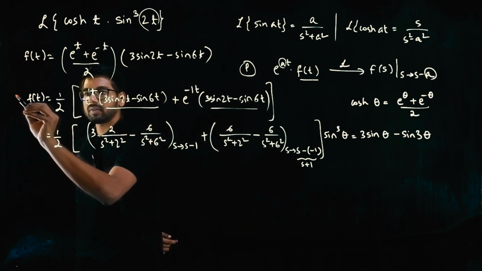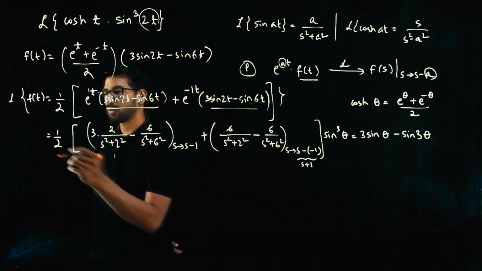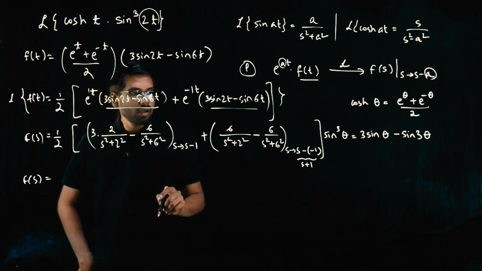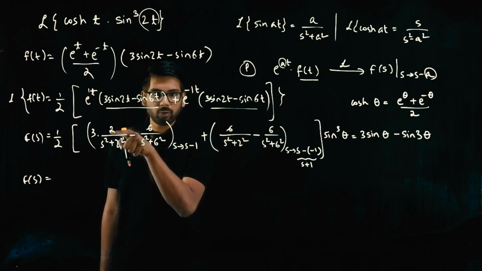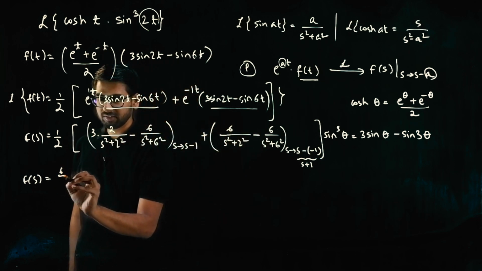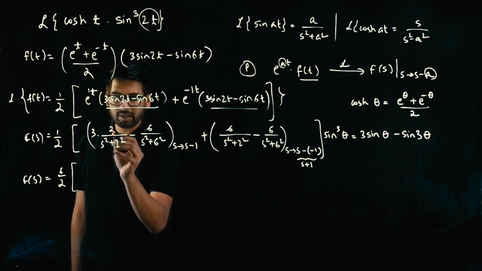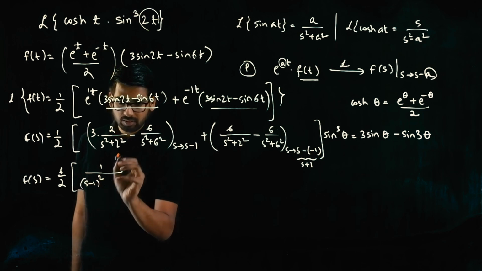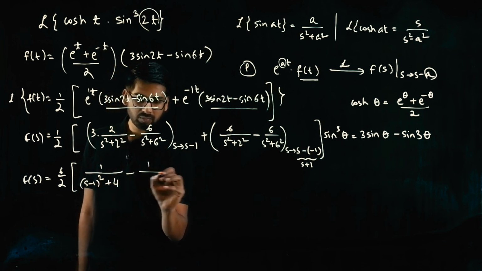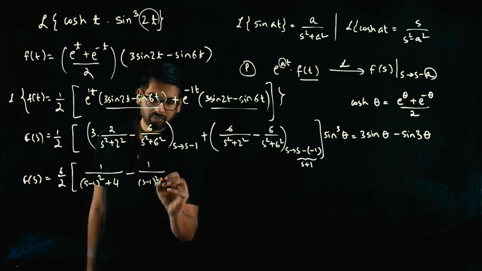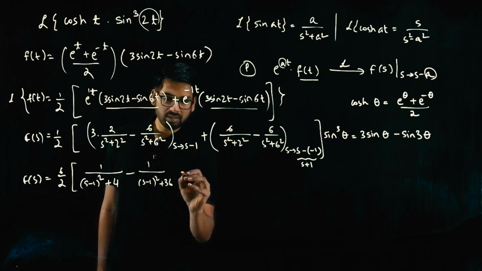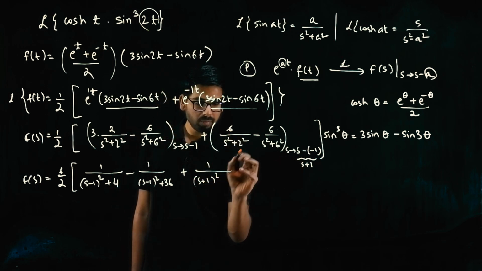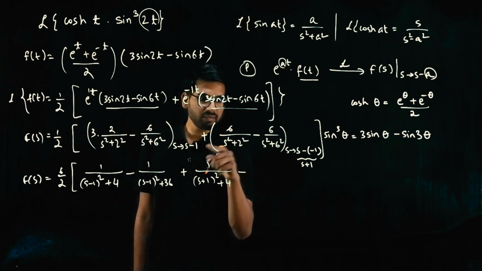So that is taking the Laplace transform that we got here, right? So the Laplace transform of f of t is f of s. My f of s will be, in all of the terms I have 6 in the numerator, so I'll take the factor 6 outside, so that will be 6 by 2, and inside I will have 1 by, in place of s, s minus 1, so that is (s minus 1) square plus 4, minus 1 by (s minus 1) square plus 36, plus 1 by (s plus 1) square plus 4, plus into